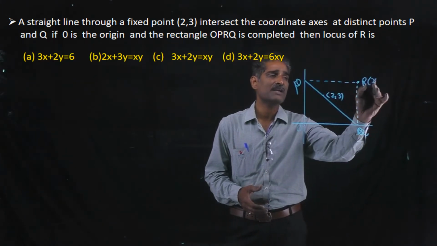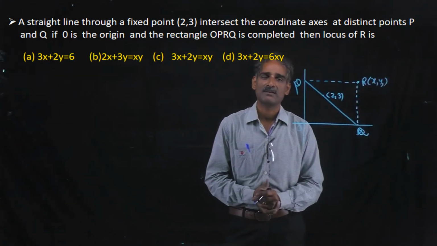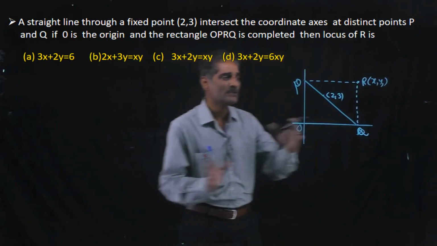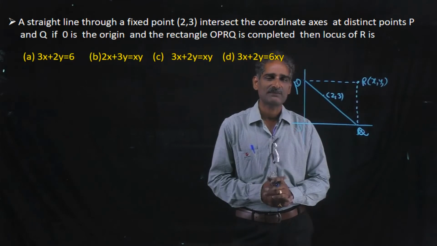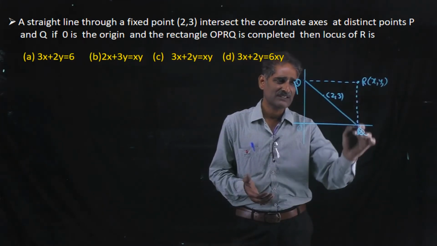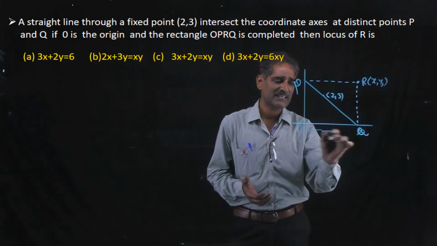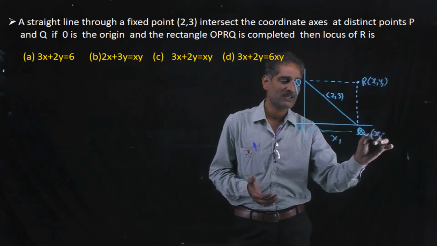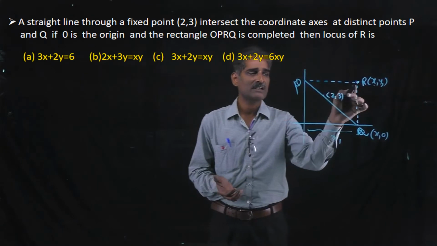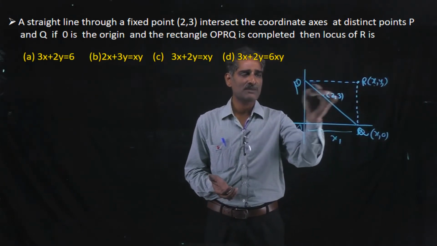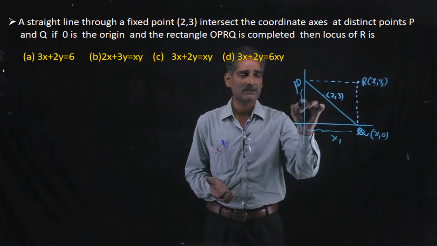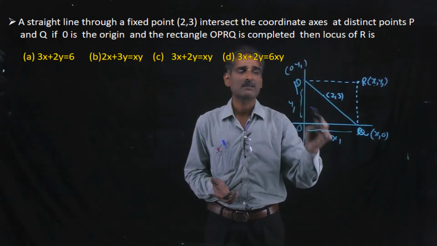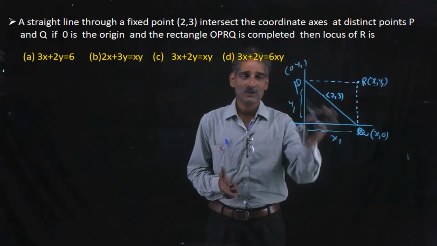Let us take this point be x1, y1. Understand? Now tell me, how can you write the locus of this point? Just observe that these are the perpendiculars. This length is nothing but x1. Now the coordinates of Q be x1 comma 0. Now here just observe this is a perpendicular line. This length is nothing but y1. Here the coordinates of this are 0 comma y1. Here the length of the x-intercept is x1, y-intercept is y1.